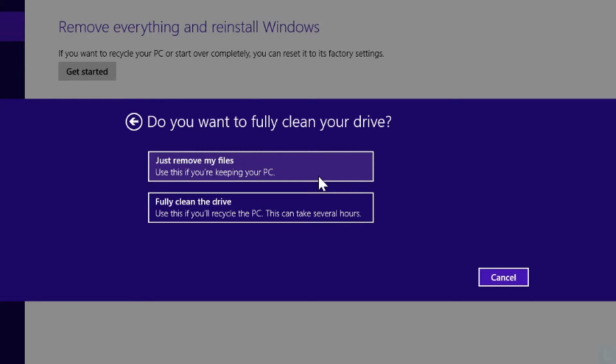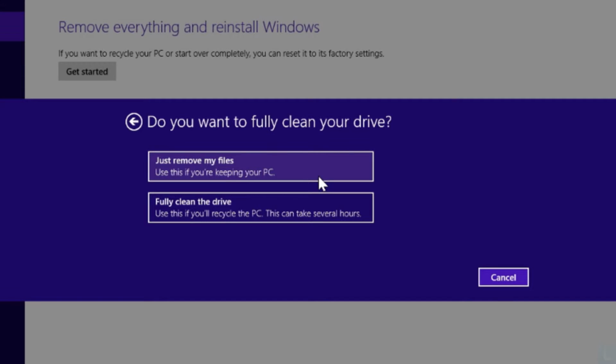Next, you can select how to remove files. The first option, Just remove my files, will remove your files by formatting the drive. But the second option, Fully clean the drive, will write some random data to every sector on the drive, which will make it harder to recover your files.